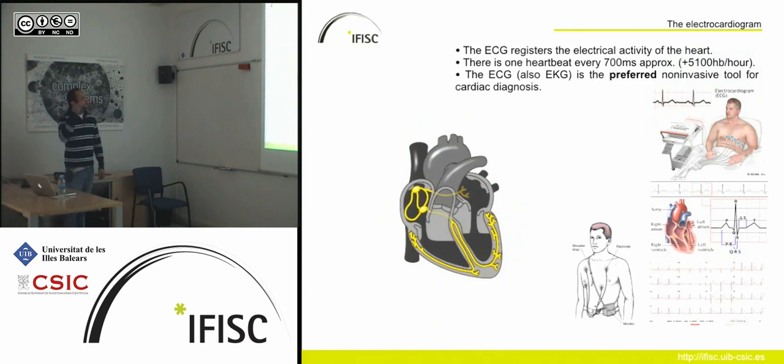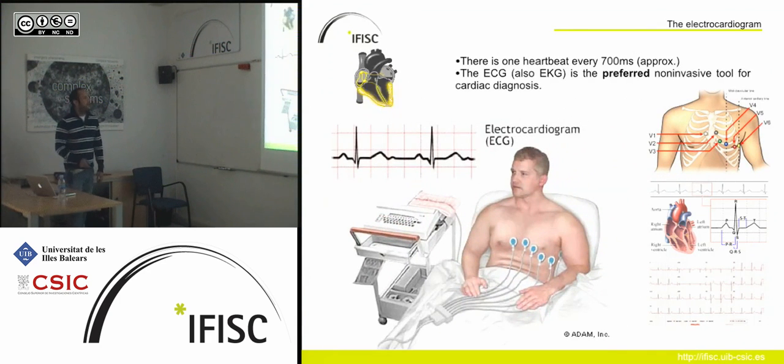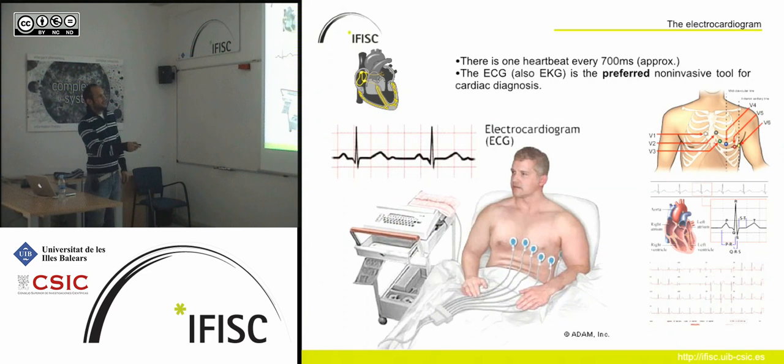So let's see how we measure or how we detect this. In order to detect the electrical activity of the heart, we use electrodes that are attached to the chest in some particular places. That is by convention, just for comparison of electrocardiograms that are done around the world. These were registered with an amplifier, and the typical way, some years ago, was to print this onto paper. Right now, we use computers.